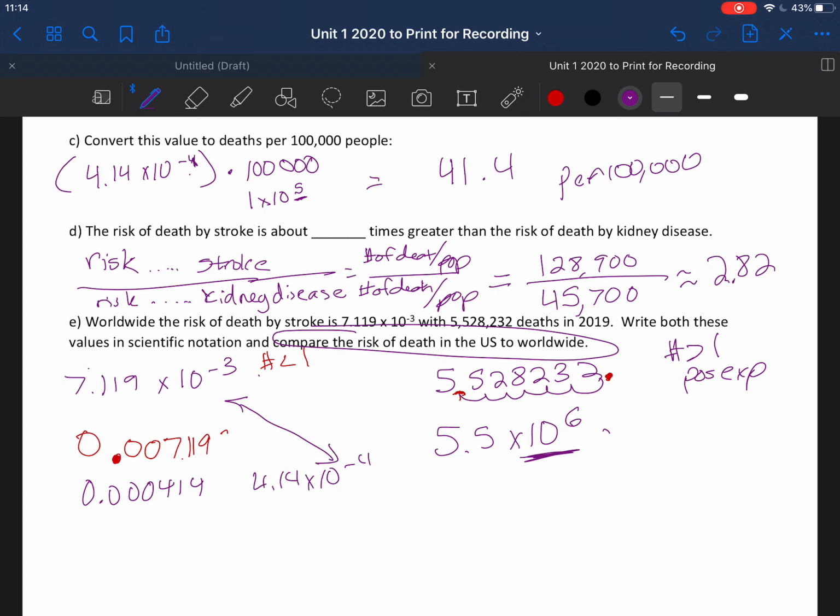So we're comparing these two and recognizing that this is a smaller number because it has more zeros after the decimal point. Or we're comparing these two and recognizing that this is a smaller number again because there's more zeros after the decimal point. The risk of death here is lower. You know, we are a country with medical care, and there are a lot of countries around the world without really that much medical care. So that's probably the differences we